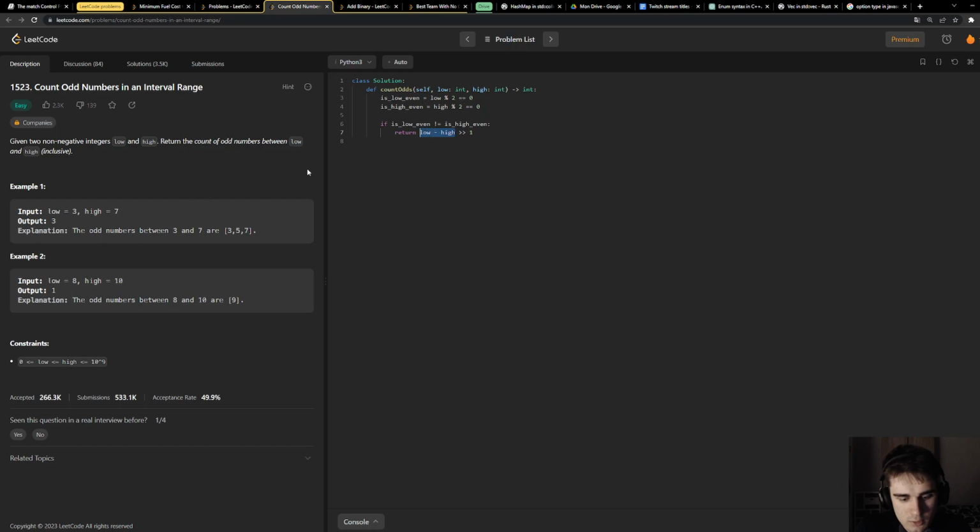I'm using the left shift operator here because, you know, we are a bit different than others. We don't do this. We use the shift operator. For those who don't know what this operator is doing, it is just shifting the bits.